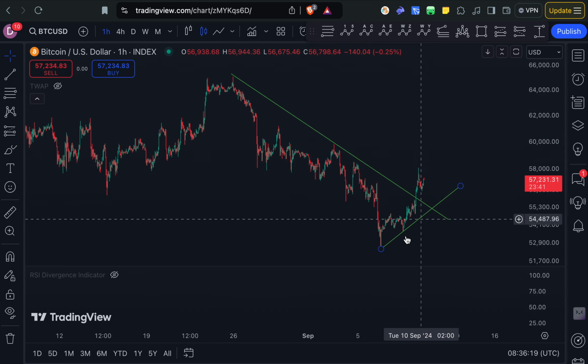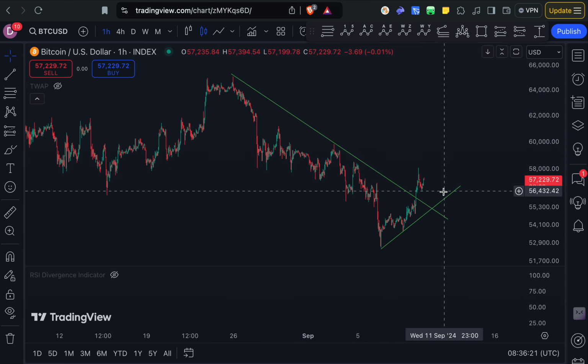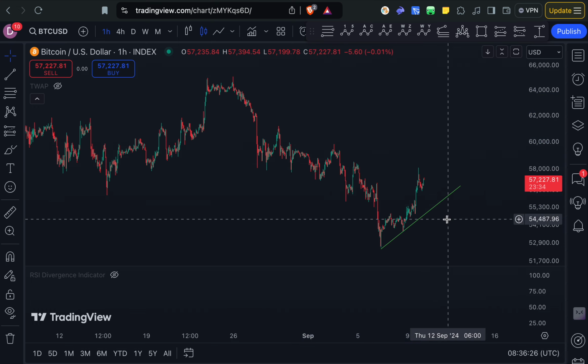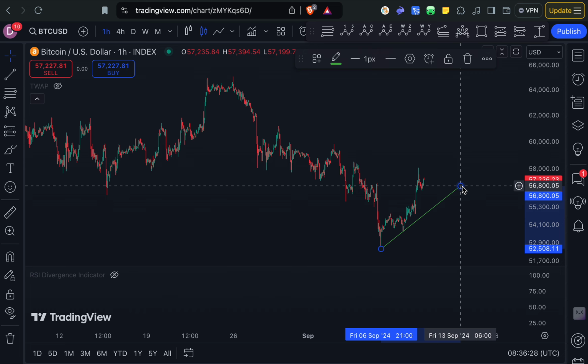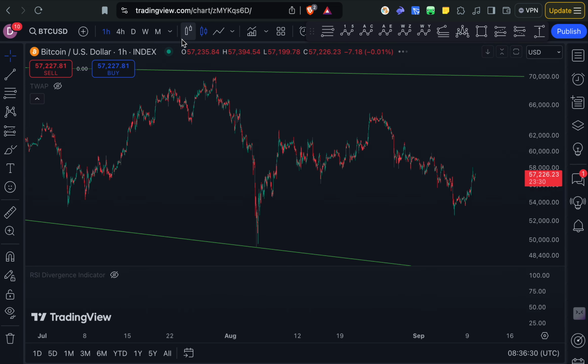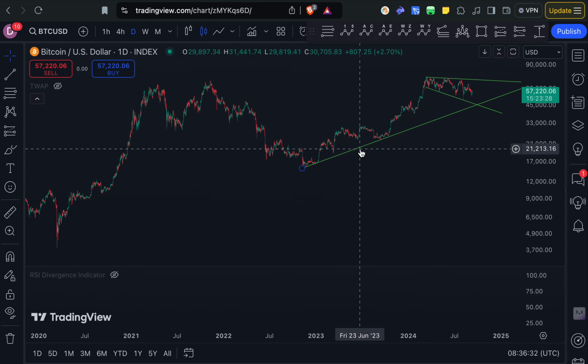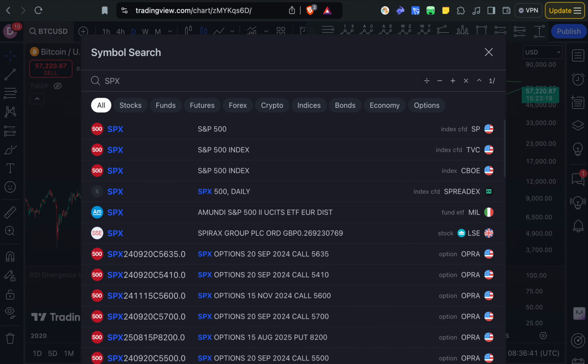So maybe a price reaction back to this trend line and then back to upside, I don't know. Or maybe we just accelerate and blow off top, who knows. But this is just charting. I'm not adding any other information in the chart at the moment. But now let's actually shift gears a little bit and let's take a look at some other asset called S&P